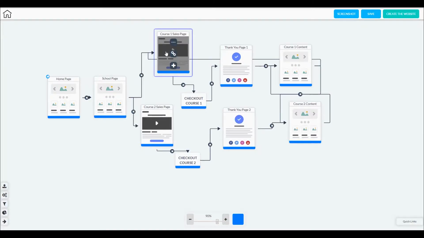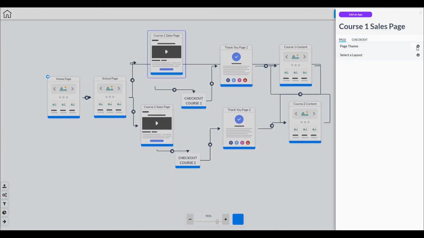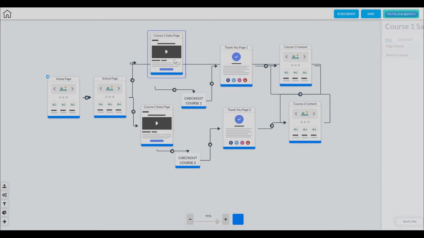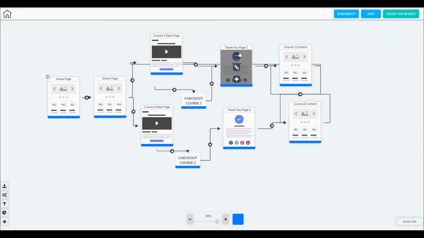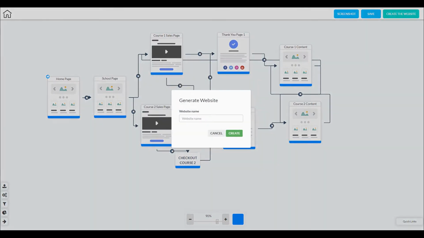It allows you to create and design complete sales funnels based on your blueprints, along with checkouts, email sequences, CRM, and other features. So not only can you design your funnels, but also create the whole thing. It just takes a few clicks and no technical knowledge is needed. Once you created your sales funnel on a visual interface, all the pages will be instantly generated for you with a simple click. Let's jump right in.